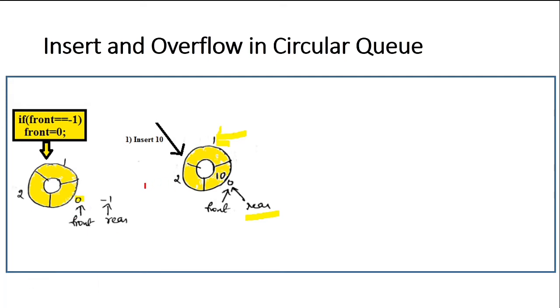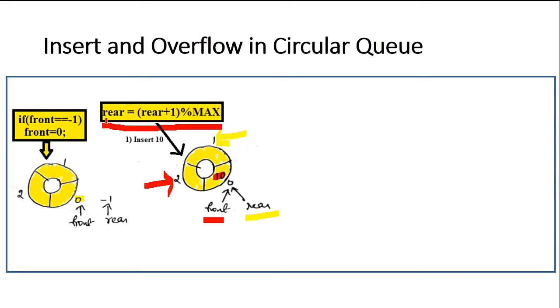Now if you want to insert one more element, rear will be pointing to the next position, insert the element over to this position. Now if you delete the element from the front, this space will be empty, right? Once again, if you want to insert an element, rear should be pointing to the 0th position. In order to do that, we have this particular option. Instead of simply writing rear is equal to rear plus 1 while inserting, I will write rear is equal to (rear plus 1) mod maximum size.